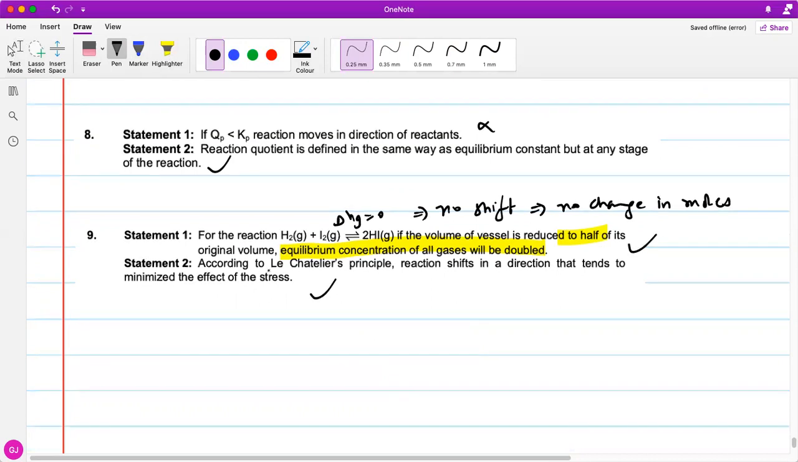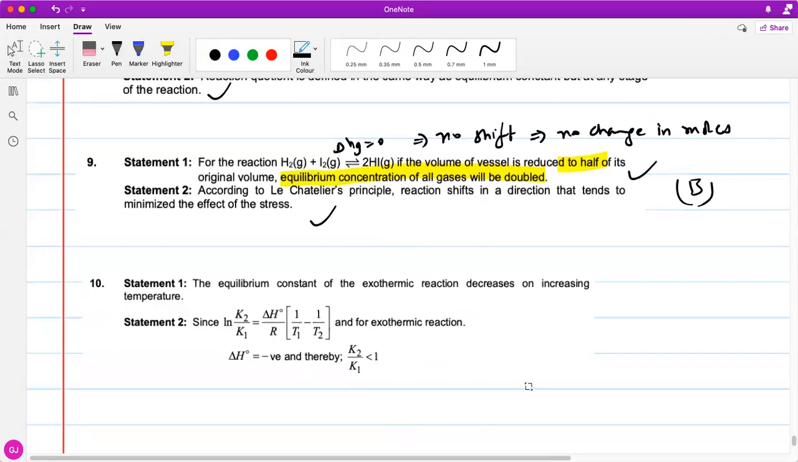And the second statement is also correct, that Le Chatelier's principle results in shift in direction that tends to minimize the effect of the change or the stress that is happening. But it's not an explanation. No? The explanation was more mathematical in nature, that delta Ng was 0. Right? And then the last one, the 10th one,